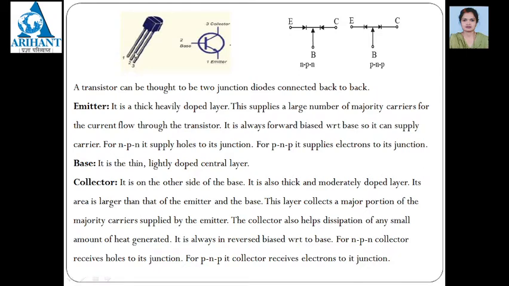In the opposite case, for finding a PNP transistor, suppose you have connected the red probe of the multimeter, which is the positive, here, and the black probe here, and in this PN junction current is flowing. Then this is your P side, this is your N side. The same is happening here: if you have connected red to the third terminal and black to the second terminal and current is flowing, it means again this is forward bias, considering the third is the P and the second is the N. So this transistor is a PNP transistor.